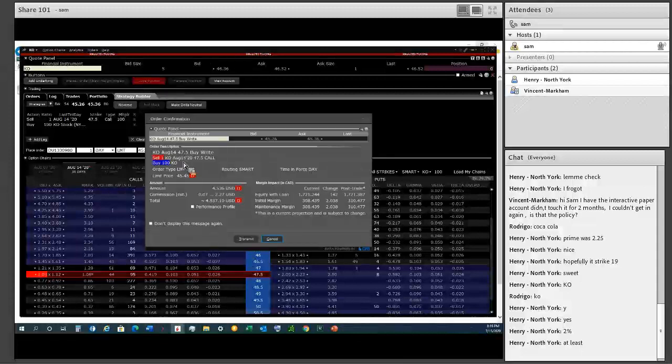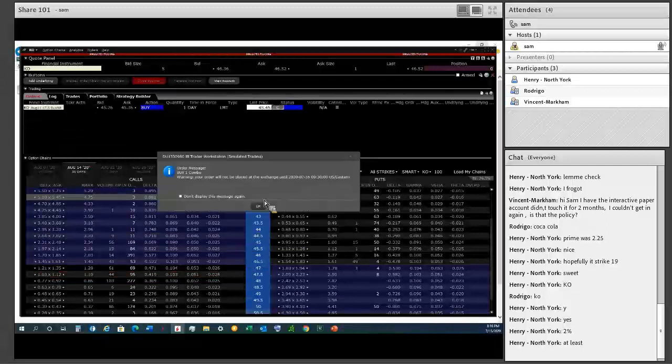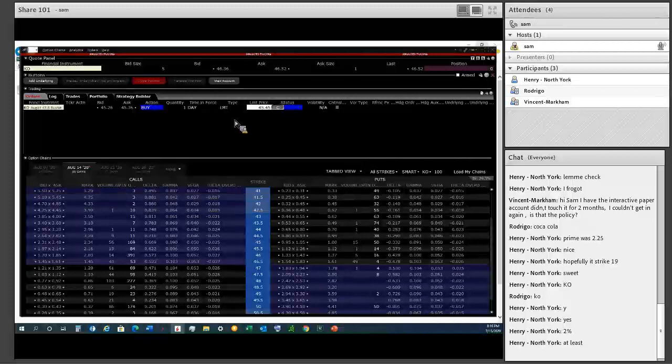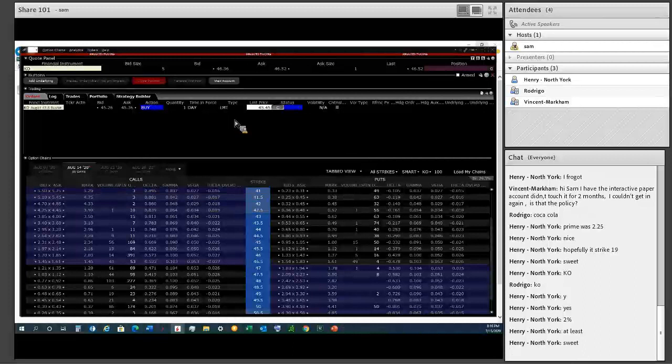So we transmit the order. We hit transmit, so it's giving us the order. It's got the 47.50 call plus 100 shares of the stock. So the price that we're putting in is 45.45, right? They take the price of the stock less the 1.03. That's what we're paying, 45.45. So we're going to transmit, and that order will be placed tomorrow. And if it triggers, it triggers. We're done. That trade's in.